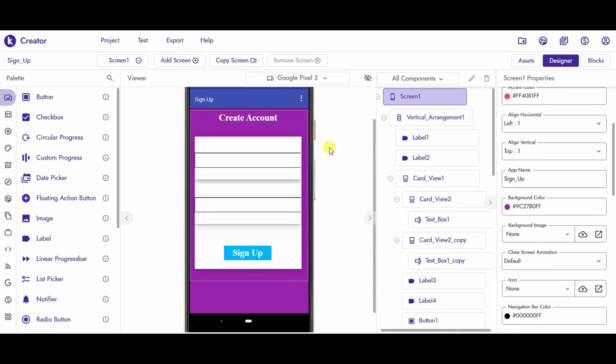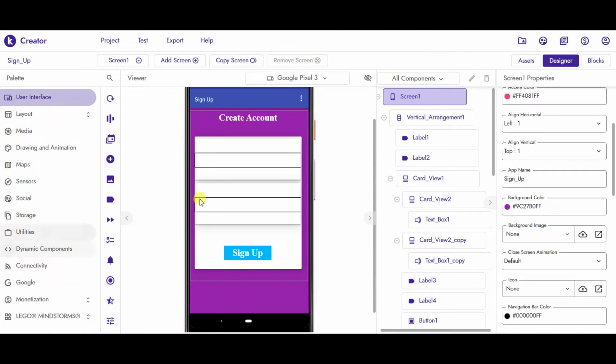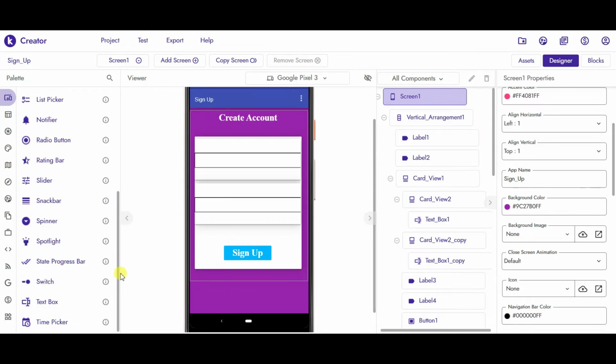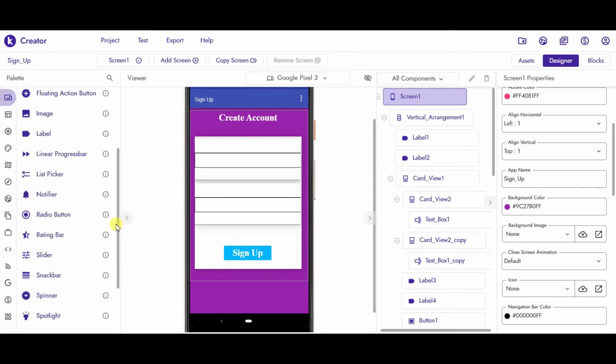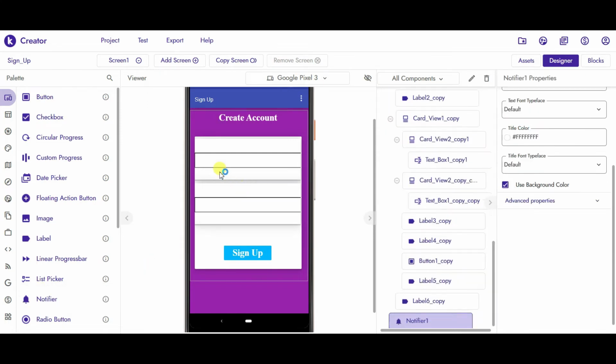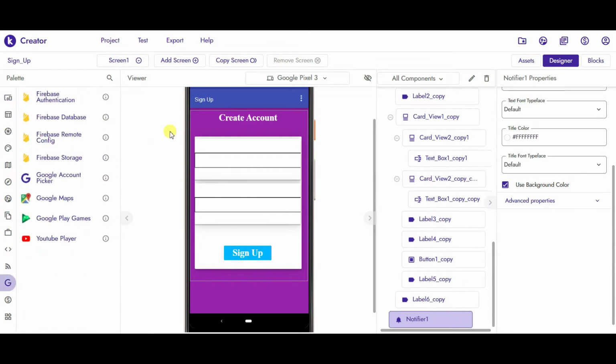Also add few non-visible components here, like you will get one notifier option in user interface. Just drag it on the screen and just go to Google and you will get one option of Firebase authentication.